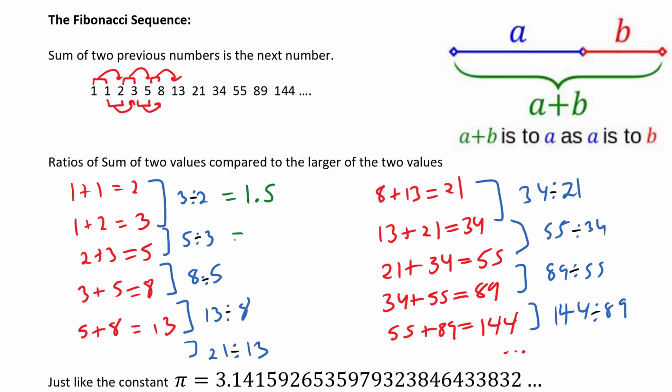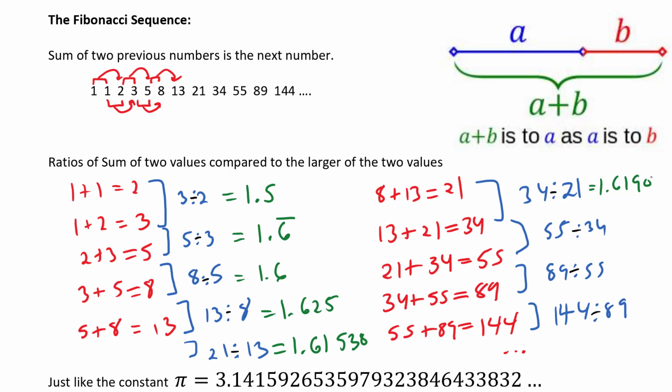5 divided by 3 is 1.666 repeating, 1.6 with a line over top. That's how we signify repeating. We put a line above it. Then 1.6, 1.625, 1.61538, 1.61904,